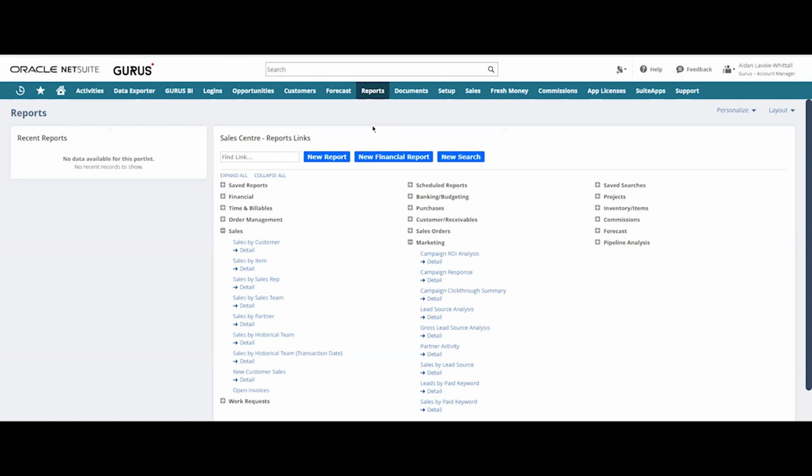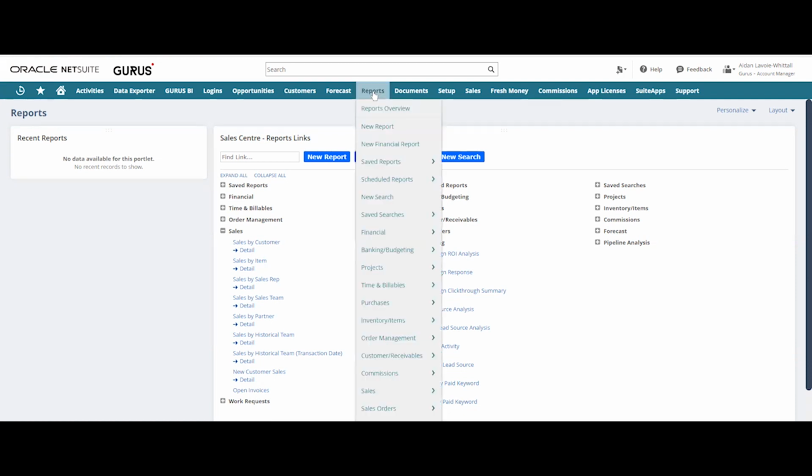Sharing key metrics and valuable data with colleagues, shareholders, and decision makers is vital to best business practices and couldn't be easier in NetSuite. Here's how to export Save Search results in NetSuite.